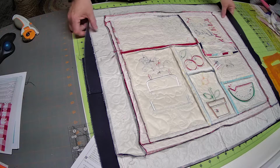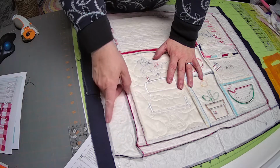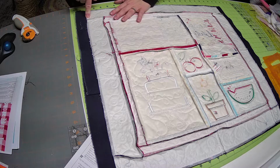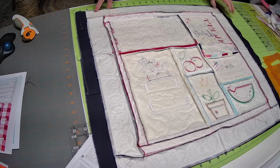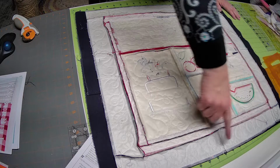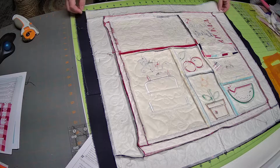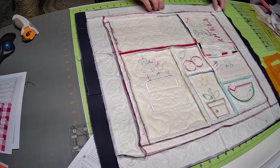But I like to sew it from this side because I want to sew right the 1/4 inch right in there. And that's basically right where the batting is not. There's no batting in that seam all the way around, the way that we made our flange. All right, so that's basically what I'm going to do now: I'm going to 1/4 inch stitch right inside the pillow all the way around the whole thing, and then I'll trim this extra dark blue off. There's no big deal with that. I'm just going to trim that right on off. And